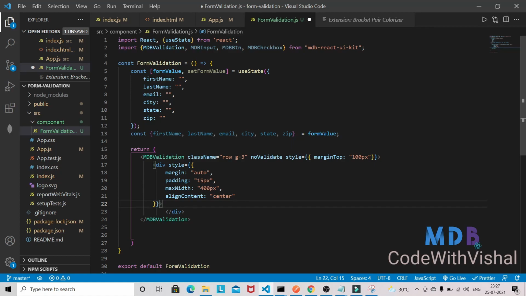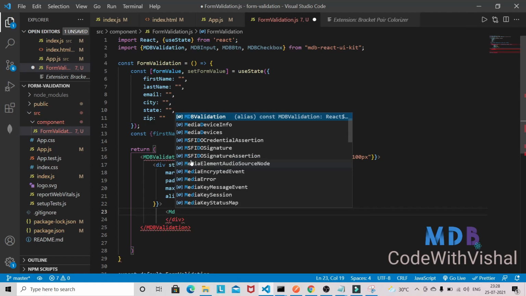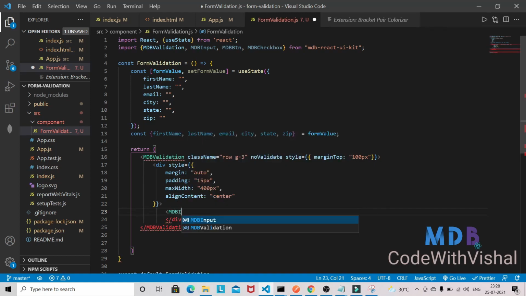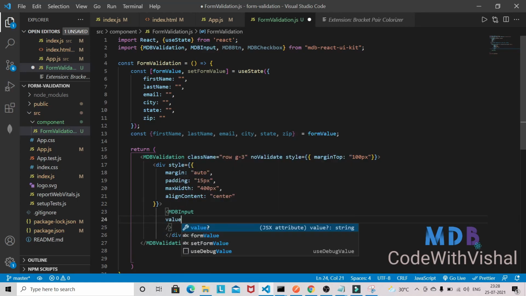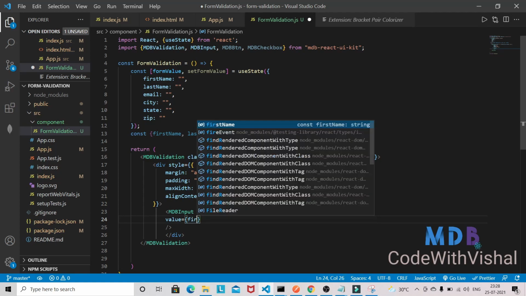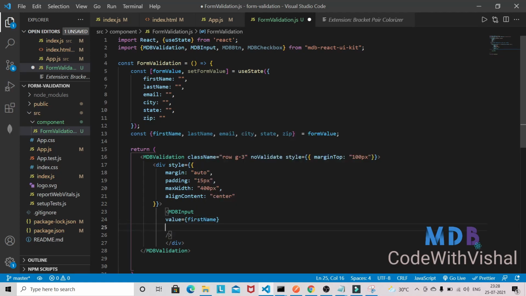And inside this I will have a different input field. So MDB input, and it will have a value. So value will be first name, name will be first name. So now we'll have an on change.